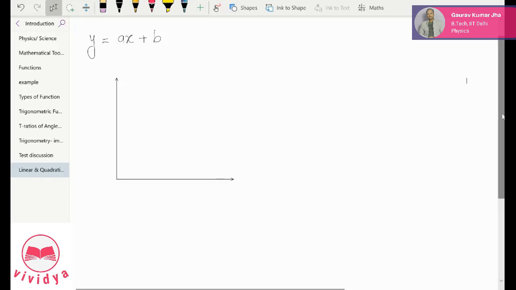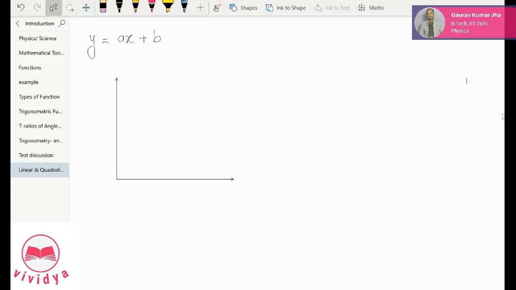Okay, good. All of you, in your boards, have studied this: you take a graph paper, you put some values of x, you get some values of y, then you put dots on the graph paper and you connect them. The resulting graph appears to be a straight line. So all those equations are linear equations, right? This is also one such form. Any straight line will look similar to this. What do you say? True or false?